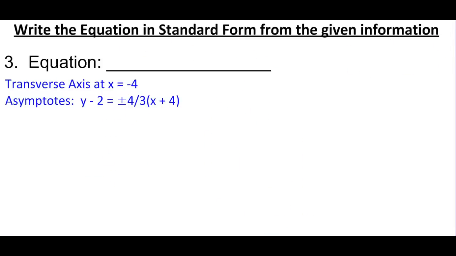So in our third example, I give you some different information. I give you the transverse axis at x equals -4, and I give you the equation of the two asymptotes in point slope form. Now this can seem a little bit harder, but remember the asymptotes being in point slope form is really helpful because I'm telling you where the center is, because that's the point that both asymptotes go through. So my center is going to be at -4, 2. And because I told you I have a vertical line for my transverse axis, because x equals -4 is a vertical line, I know this is an up-down hyperbola,